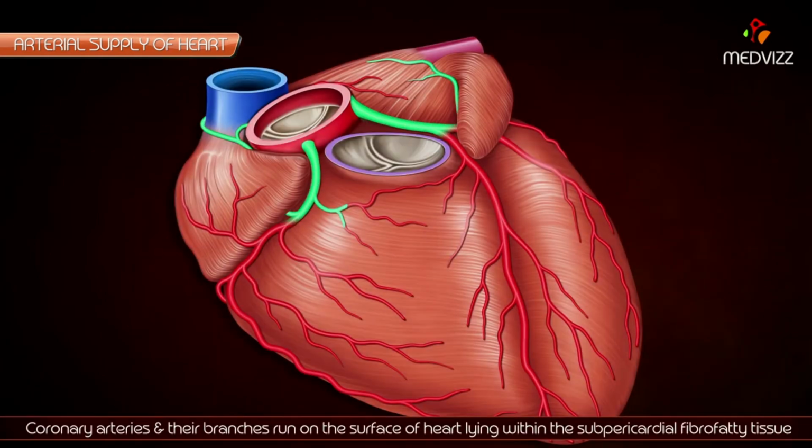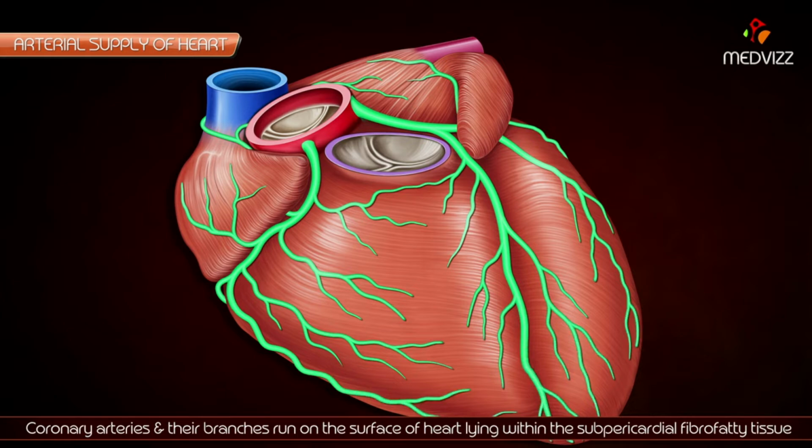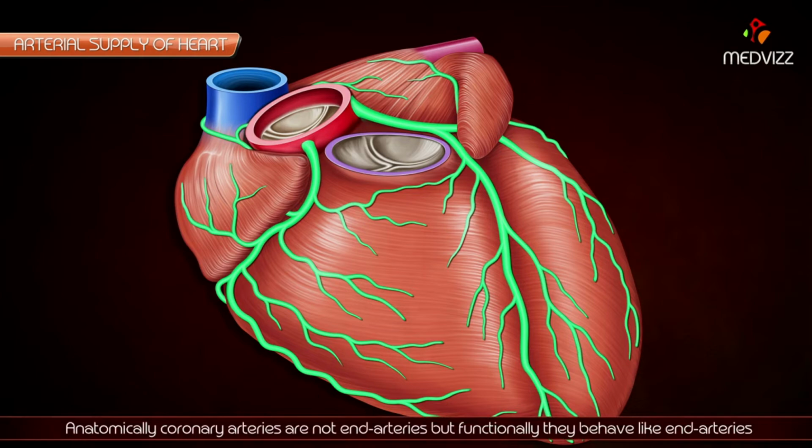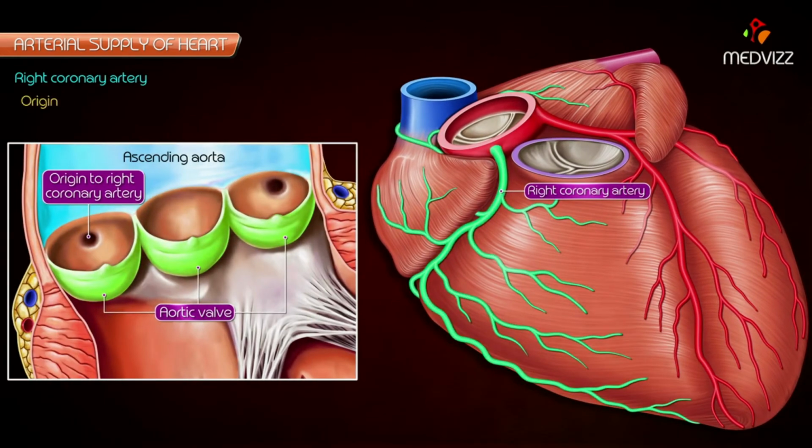The coronary arteries and their branches run on the surface of the heart, lying within the subpericardial fibrofatty tissue. Anatomically, coronary arteries are not end arteries, but functionally they behave like end arteries. Right coronary artery. Origin. The right coronary artery arises from the anterior aortic sinus of the ascending aorta immediately above